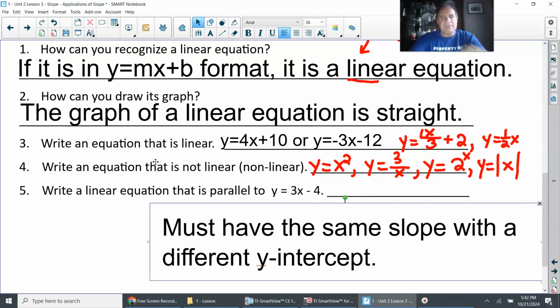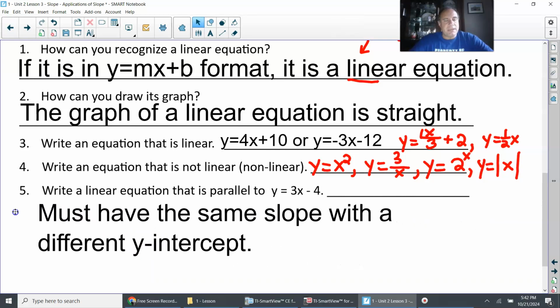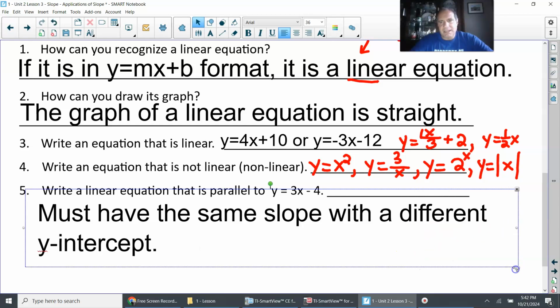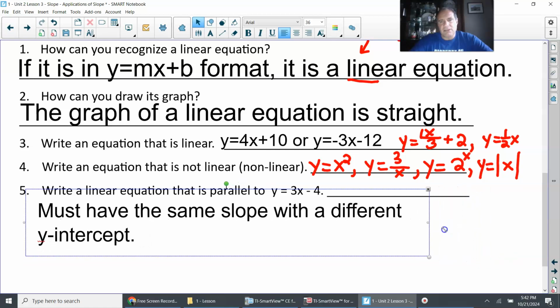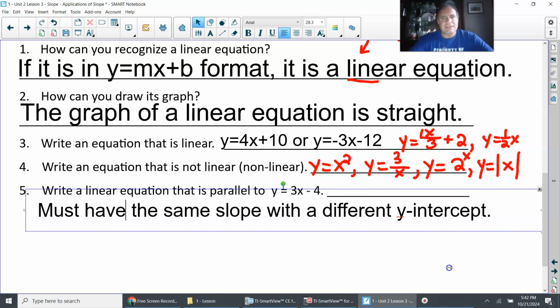If it has a different y-intercept, remember, then you're talking about a parallel line, a different y-intercept with the same slope. So anything with this one, y equals 3x minus 4, anything that has a 3x in it